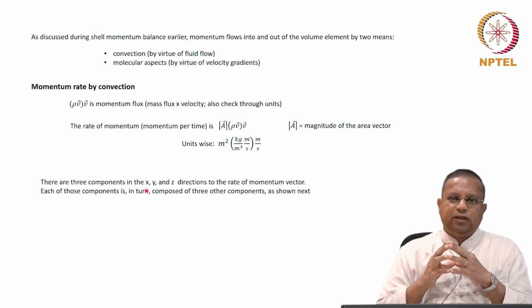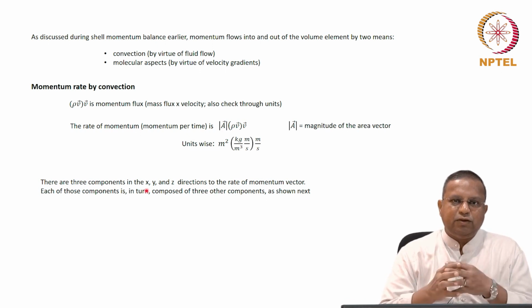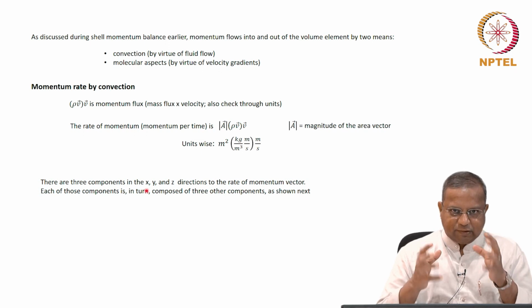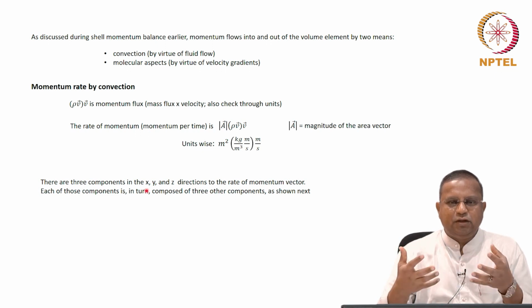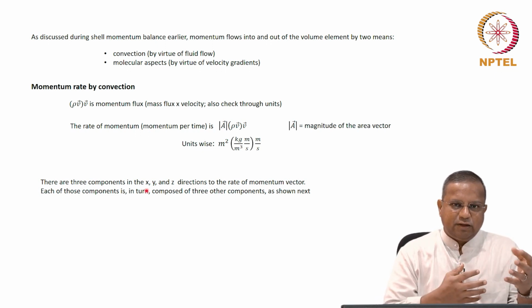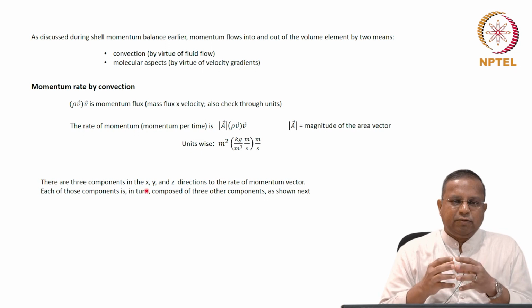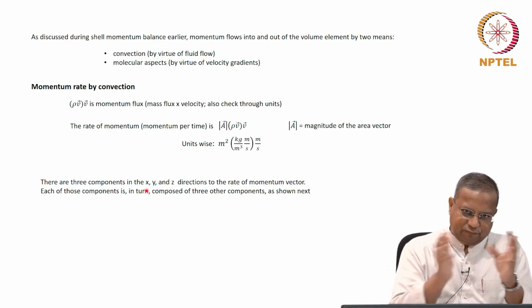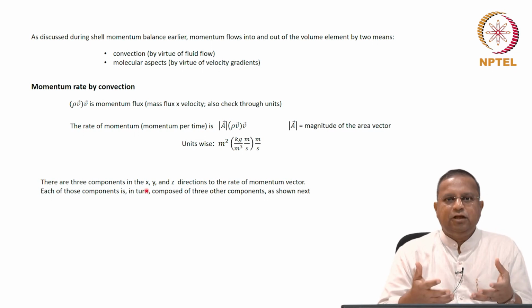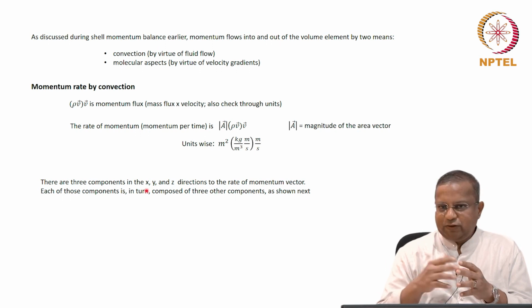Also note that this is a vector, mass is a scalar, so it was much easier to deal with, and that's the reason why we looked at it first. It is easier to deal with, it has an intuitive feel to it, you can easily relate to it and thereby pick up the principles and then move on to momentum. Typically, chemical engineers, aerospace engineers and so on do momentum balance first and then do the other balances. I have deliberately shifted this for ease of understanding and ease of learning the material at various levels.